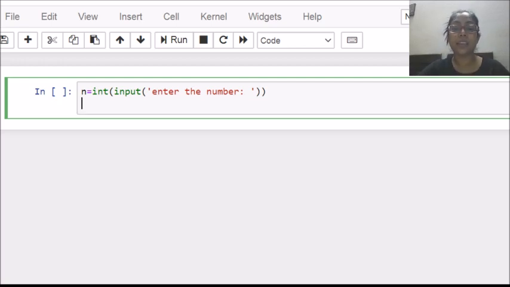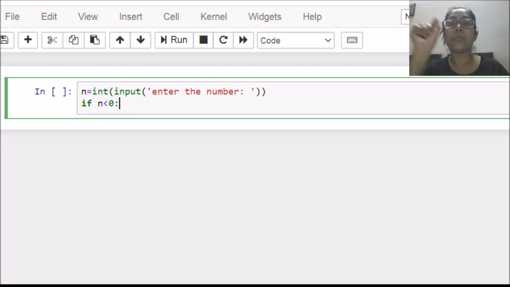Now here comes the role of the conditional statement. For creating a conditional statement, you have to use if, because we are checking if it is true or not. This is the simple way. So we have to write if, and under this particular if we will write the condition. My condition is n is less than 0. This is how you can write your condition, and use colon.